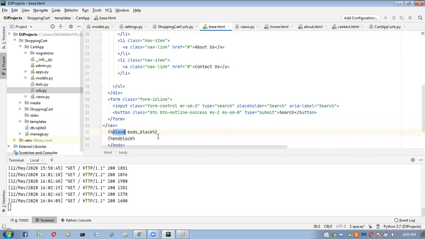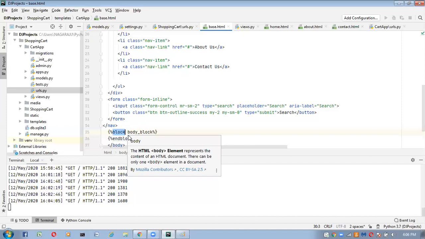Whatever the child HTML specific code is, we have to take inside this block, but not inside the base.html file. Inside other HTML files, about.html, home.html, contact.html, there we have to use this block, and inside it write the child HTML file's specific code.